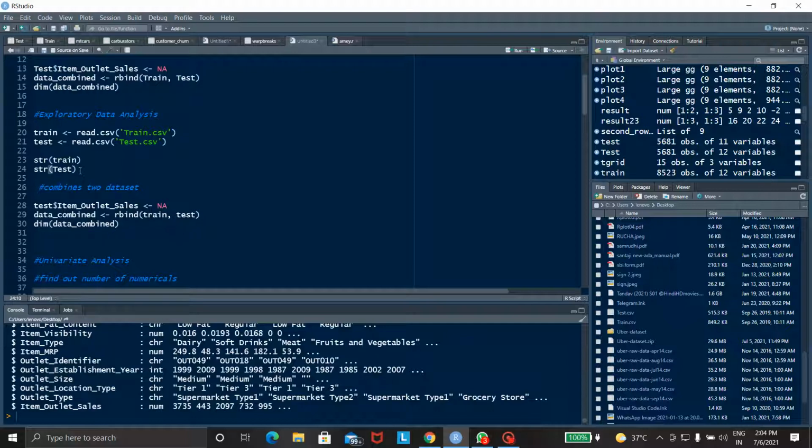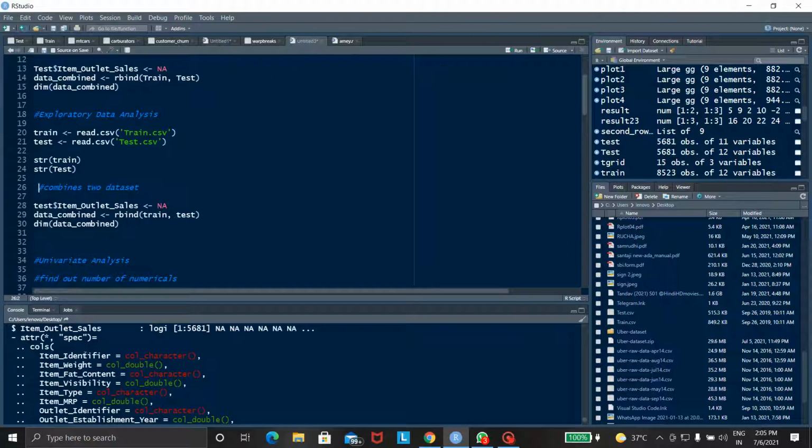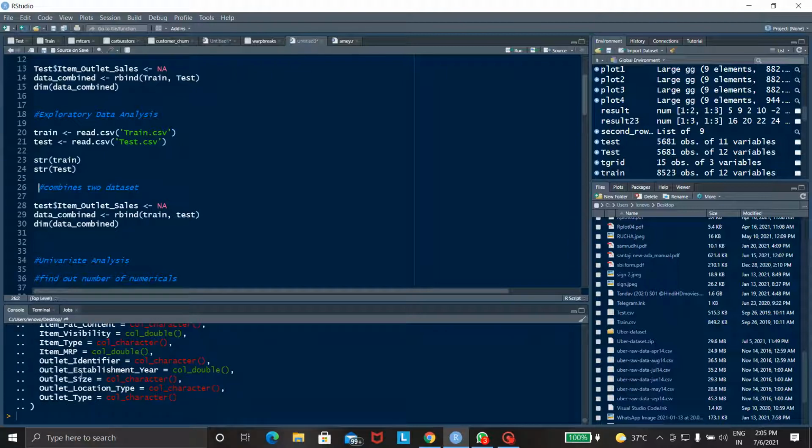After that, if you want to see which components are used in test, use the same program and run it. There are item identifier, fat content, outlet location, outlet type. The next step: we have two datasets, train and test.